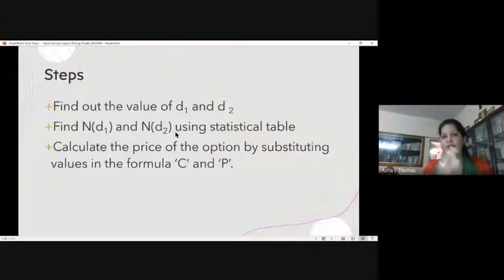Okay. Now, these are the steps. We will go with finding out D1 and D2, finding out the table value from our natural log, and then we go with computation. Once we get the value, we substitute it to find out the value of C and P. That's what the steps involved in it. This is the theoretical concept. So to summarize, what I would be suggesting is